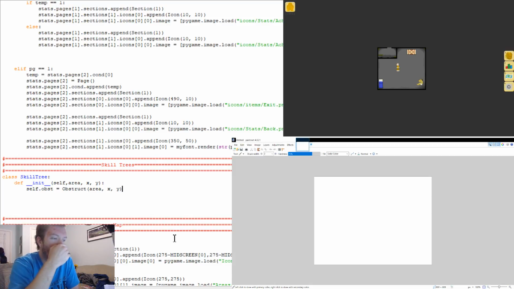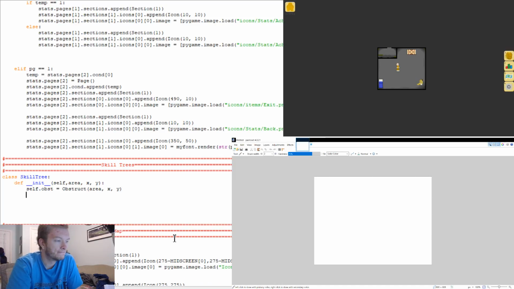Other things that we're gonna need to be fed in here. So we have the area, the X, and the Y, and then we're gonna have to know what kind of skill tree it is. So skill, and then